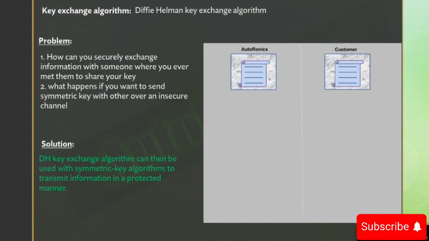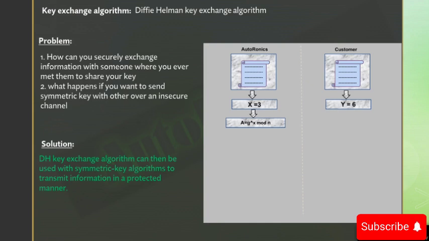First, Autronics settles on a secret number X, which is 3, while the customer chooses their own secret number Y, which is 6. In the most basic form of Diffie-Hellman exchange, Autronics and the customer mutually decide upon two numbers to start with, and these are the modulo n and the base g, as you can see in the formula.